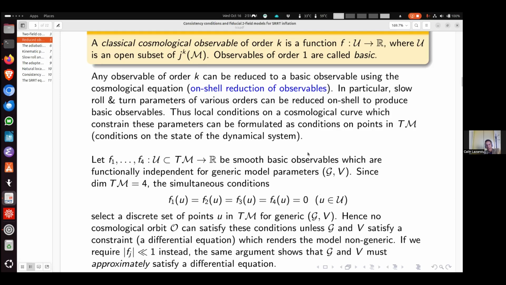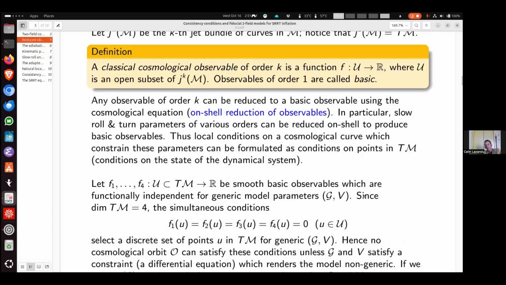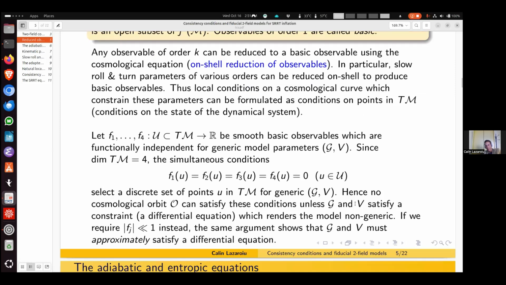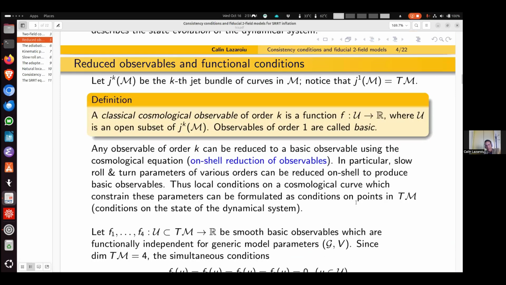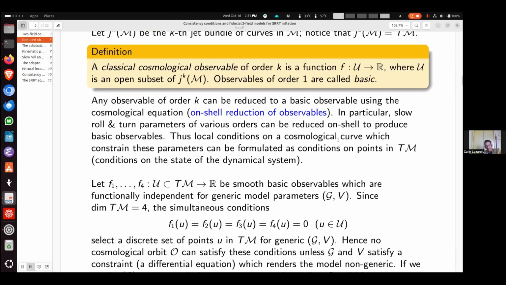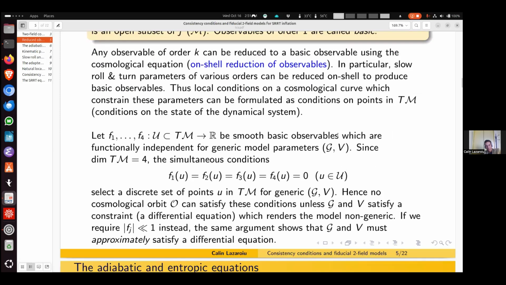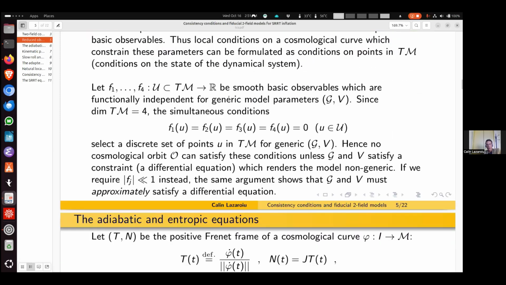In other words, modulo the equations of motion, they become conditions on the state of this cosmological dynamical system that I mentioned before. And as an application of this, I want to give you the basic idea of how you end up being able to derive consistency conditions, which will appear in a moment, for various types of processes that cosmologists are interested in. So let us consider 4 smooth basic observables defined on some common open subset of TM,